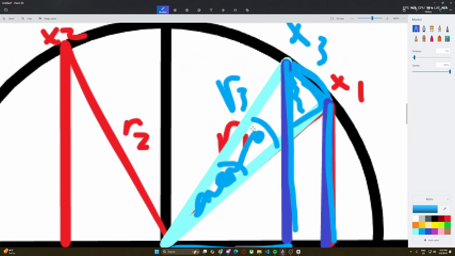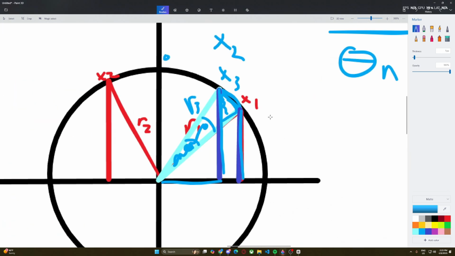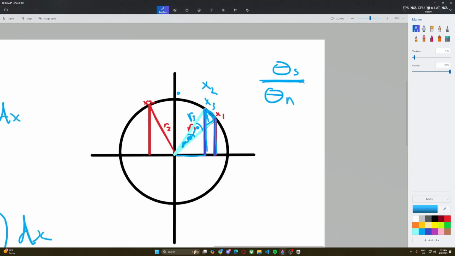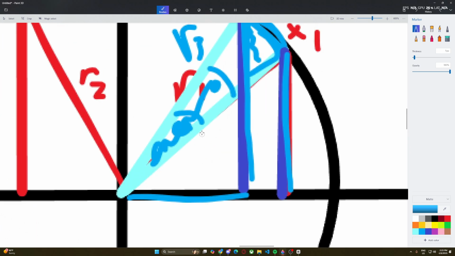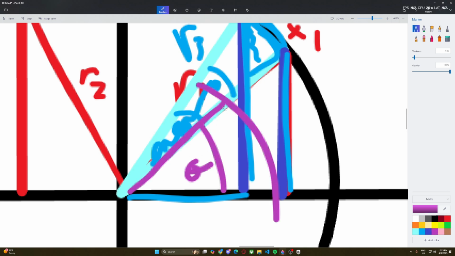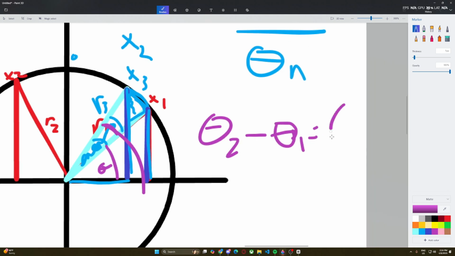So how are you going to find this angle? How are you going to find the old versus new? Well, last video I showed you how to get the old angle, how to get the new angle, same method. But it's a little different. So you have this angle right here, and this bigger angle that is encompassing both angles, right? And we want only just this angle. So we just do theta 2, which is this bigger one, minus theta 1 equals the smaller theta